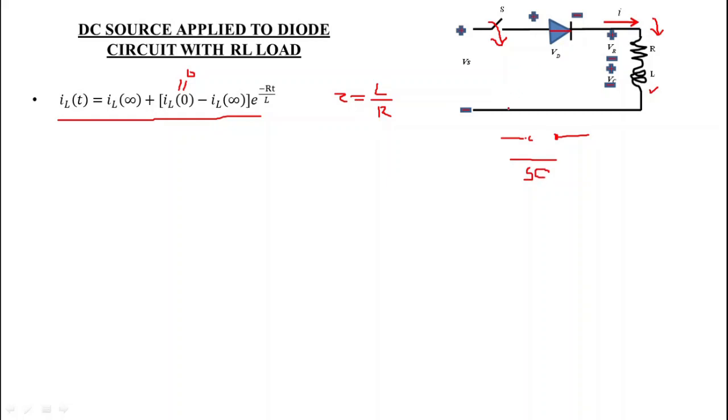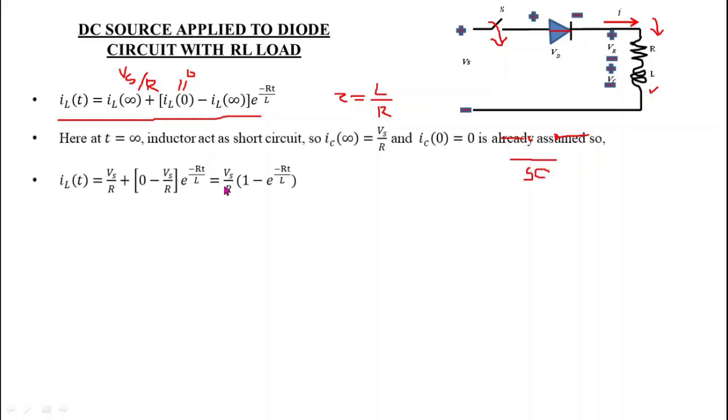At t equals infinity, the inductor acts as a short circuit. And what is the inductor current? When this is a short circuit, we get current I equals Vs by R. So this inductor current at infinity is equal to Vs by R. So putting this, we get